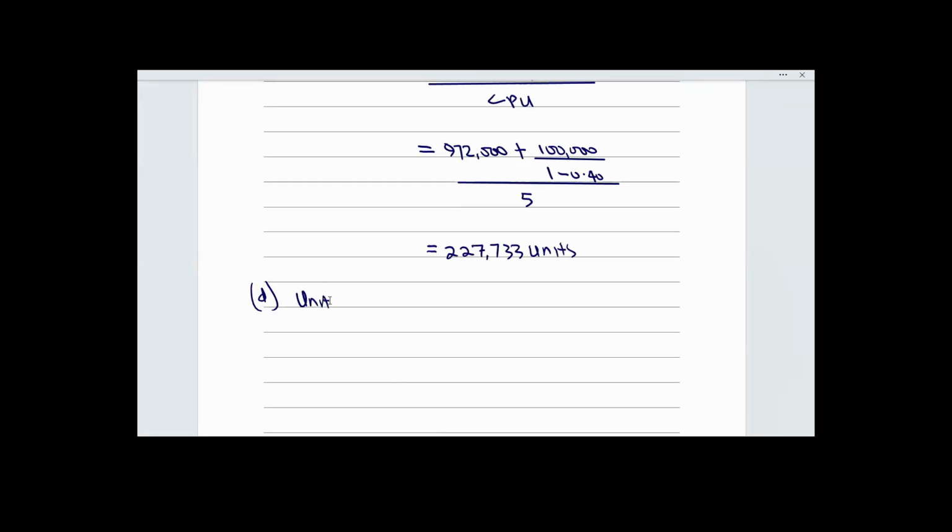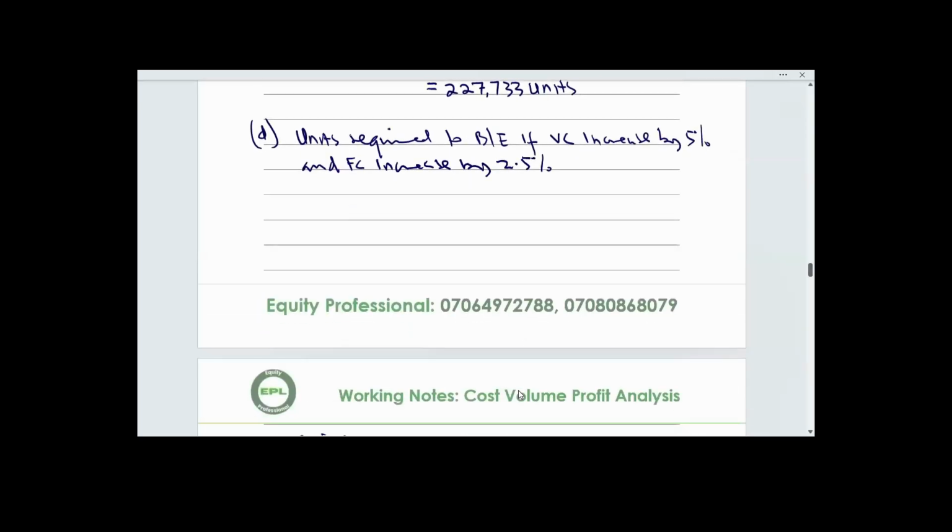Units required to break even if variable costs increase by 5% and fixed costs increase by 2.5%. So you then say break-even points